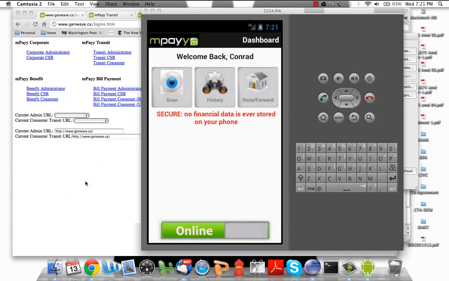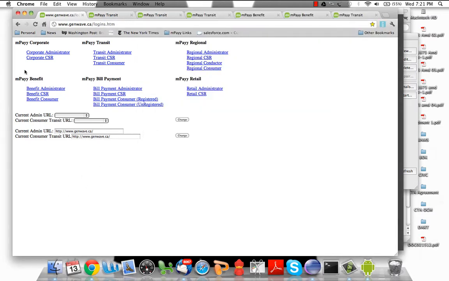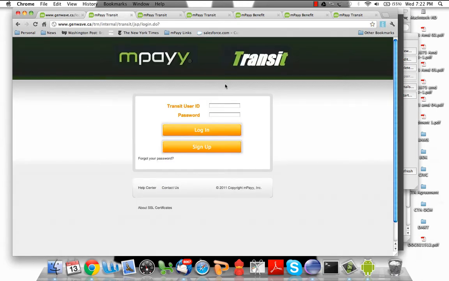And then hopping over to the web, these are all the different modules that are available. This is the contact list. This is the mobile ticketing. This is bill payment. The system can do bill payment. This is the transit benefit. But if I log in